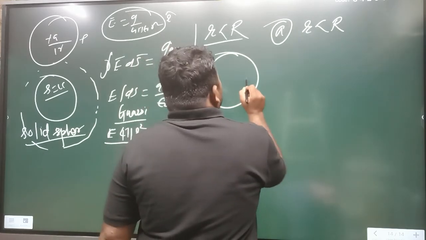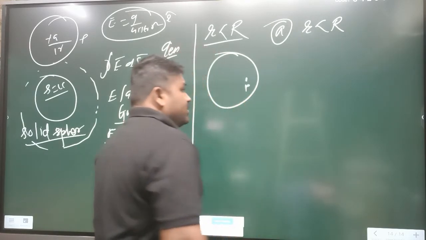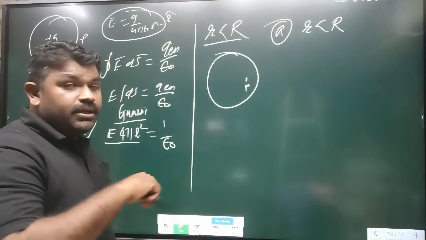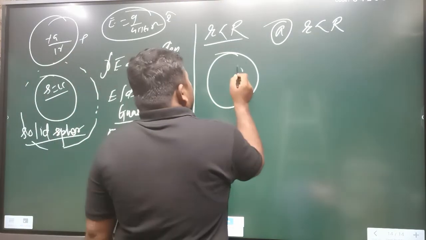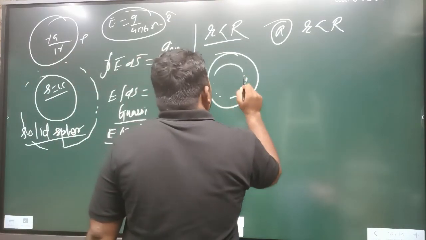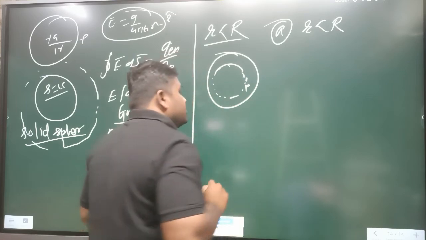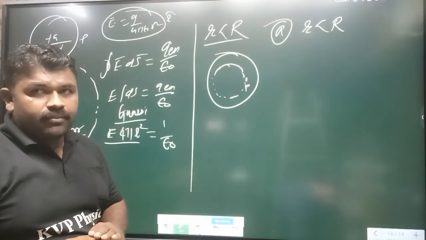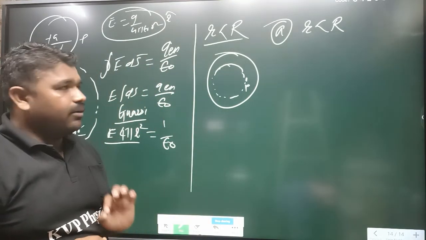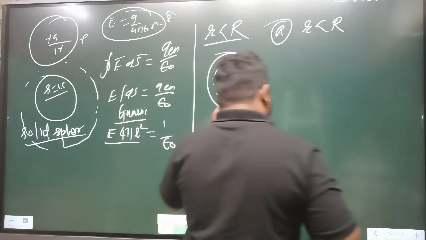Inside the body means this is a point P. Draw the Gaussian surface, it is this one. Now, is the Gaussian surface inside the body or outside the body? Inside the body. Okay, LHS always